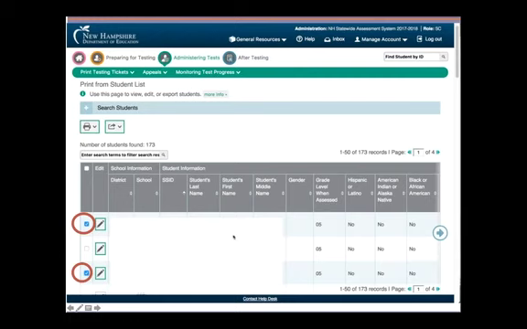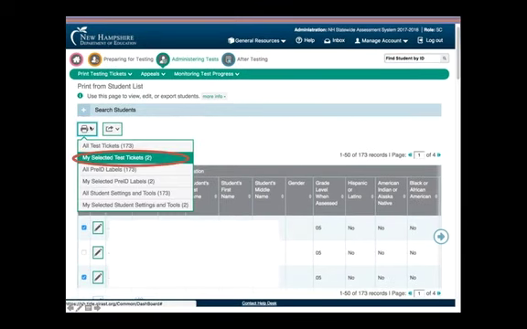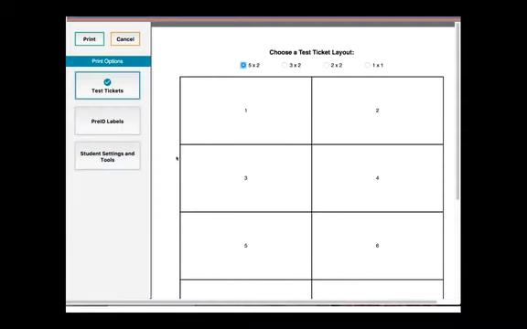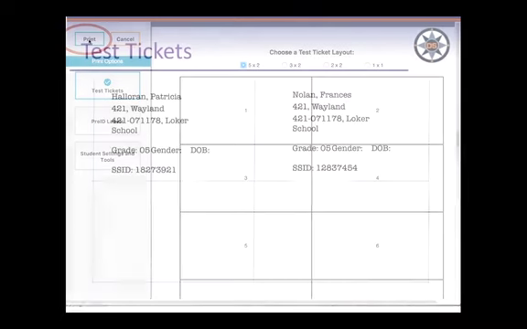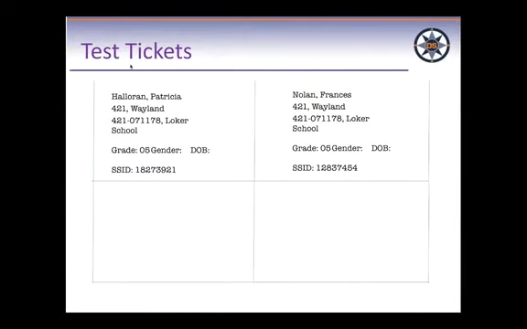So these are my student names, and their SSID is right here that you can't see, it's covered up. But I want to print a test ticket for this student and this student. So I just put check marks, click the print, and I slide down and click on my selected test tickets. Those are the 2 I want to print, and just click it. What size do I want? You can make the size of the test tickets any of these choices, whichever you want. And then I just print them. They'll look something like this. Here's the first name, and here's the SSID.